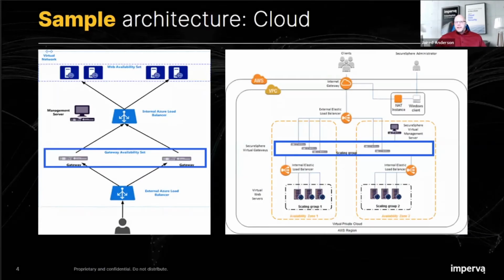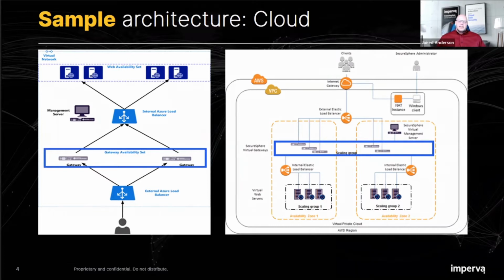So I'm going to briefly cover the cloud architecture. This webinar is over on-prem WAF Gateway, but I just want to make sure you're aware of these other options and how it all works. So on the left, we're looking at a typical GCP or Azure deployment. It's going to be in the blue square is where the WAF gateways reside. And at the top, we see there's a load balancer, and at the bottom, there's a load balancer. But what you hear is the load balancer sandwich. The WAF will be in between those.